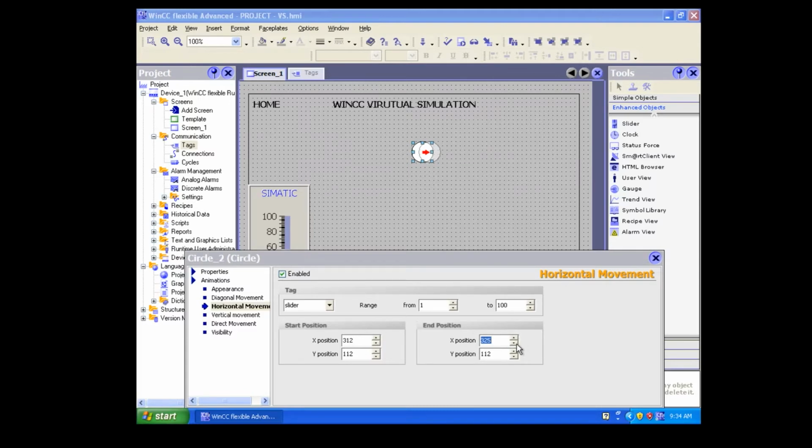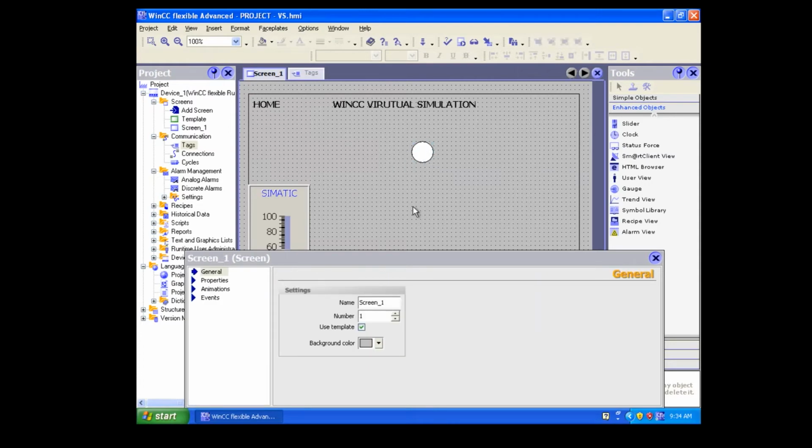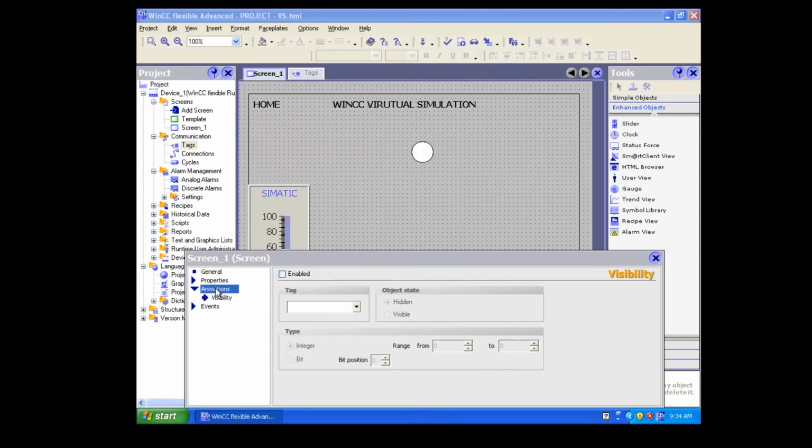Okay, the same thing I'm going to give here as job out sensor. Keep it over here. You can change the color also if you want.